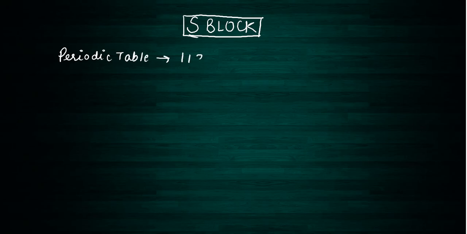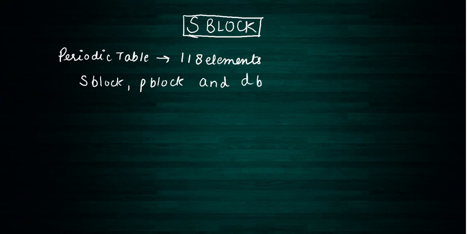These 118 elements are distributed in S block, P block and D block. These are the three blocks that we study, and there also exists F block, but we'll be studying here only S block. So these 118 elements are distributed in S block, P block, D block and F block according to